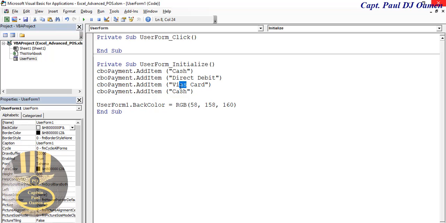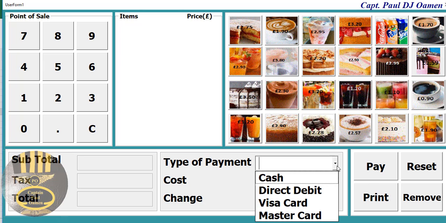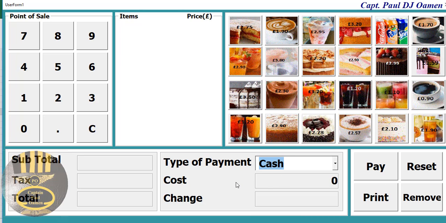Visa card. Then we'll go for MasterCard here. There we go. That is it, done. If I run my system now, this is how it's going to look. There. Alright, that is fine. Now, but there's nothing going on here. Okay, let's take care of 2